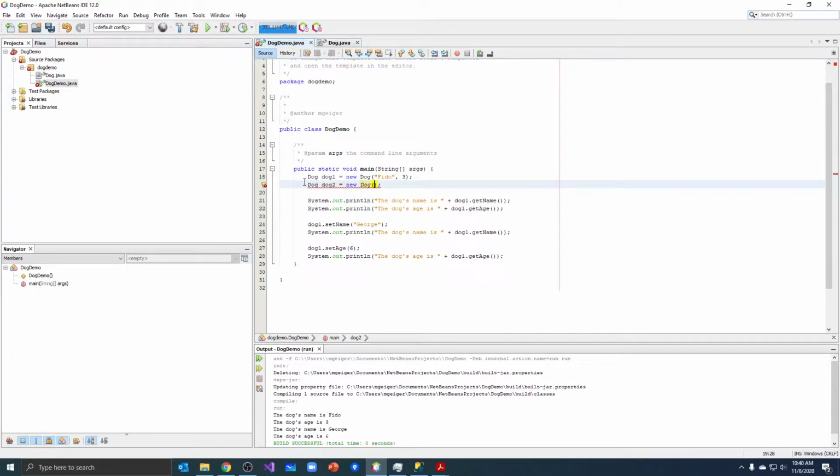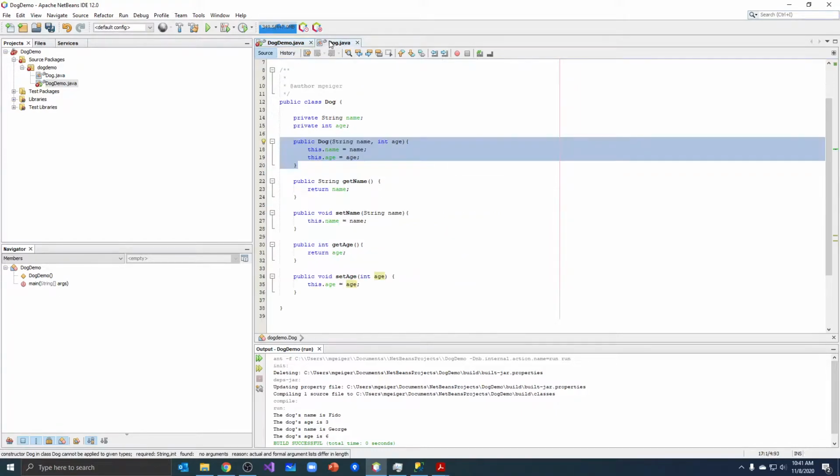anymore. So by default, Java always creates a default constructor. When we create the dog class, there was a default constructor there called dog. We couldn't see it, but Java creates it for us. And we can run that method even if it's not there. And it doesn't do anything. It instantiates the object, but it doesn't do anything as far as setting properties. But the minute we create one that requires us to have properties, that default one that Java does automatically disappears. It no longer exists. If we want to let people create a dog without a name and without an age,